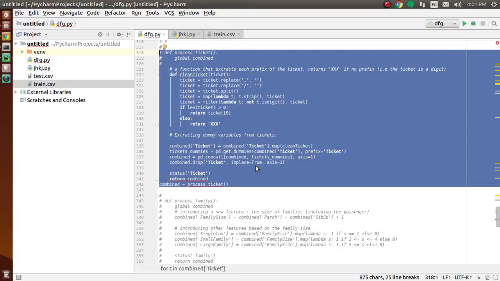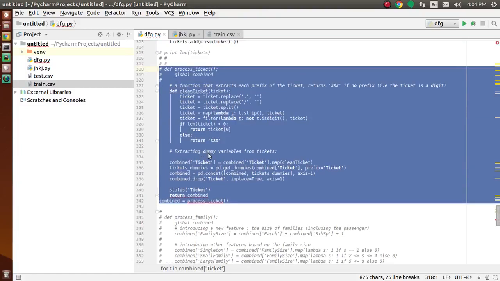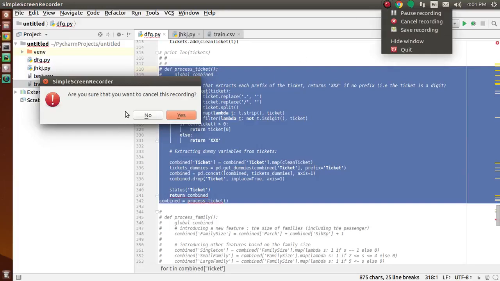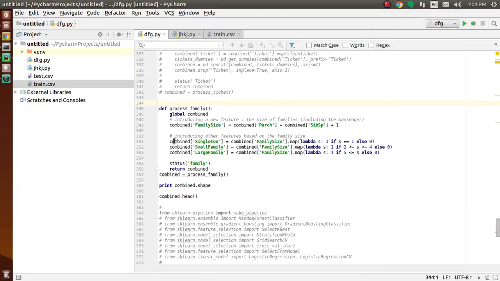So this function introduces 4 new features.